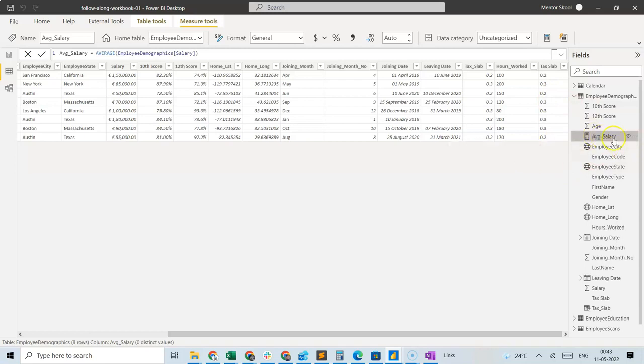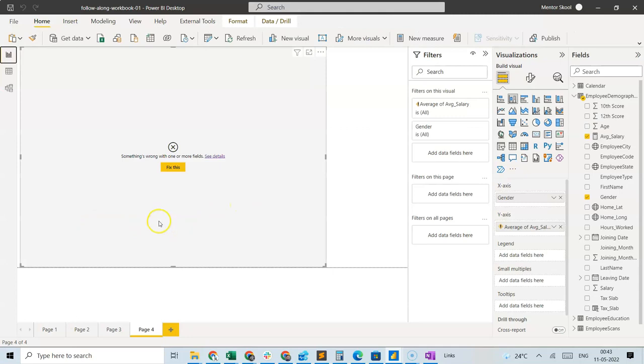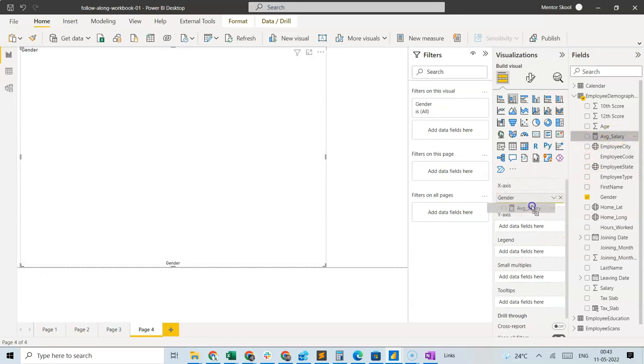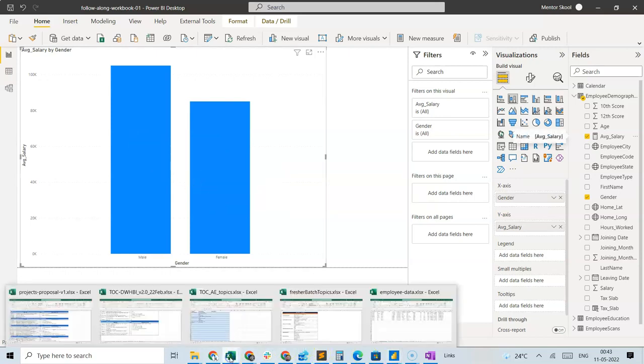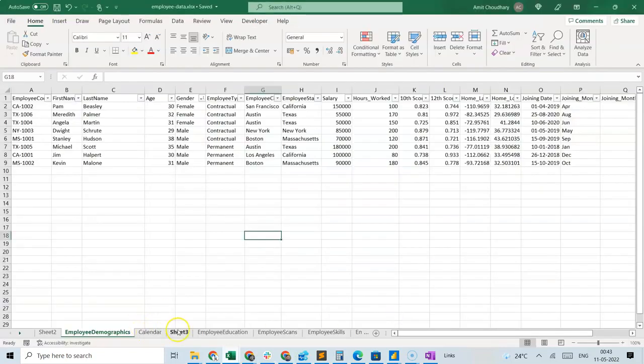So how do we say that it is dynamic? Where is the dynamic nature? I've got this done, but how do I use it? That's where we go back to our visual, and now instead of the old one which we had already deleted, let's bring in the new one and put it in the y-axis. And what do we see? My average salary is suddenly looking different, and for male it is coming as 1,05,000, and for female it is coming as 85,000, which we have already seen before when we created